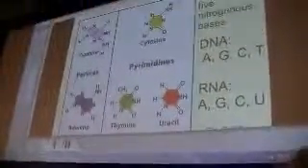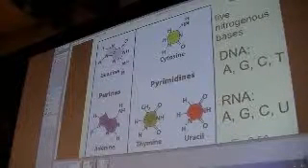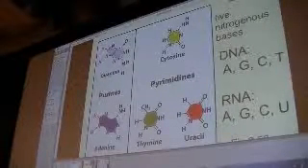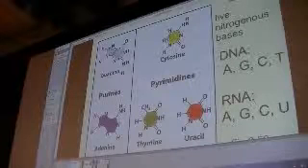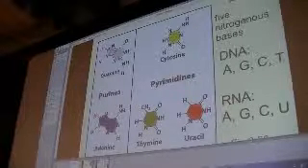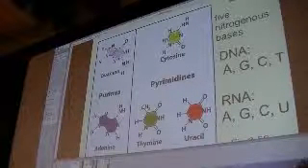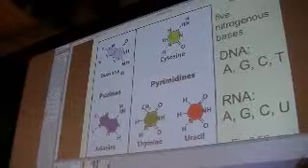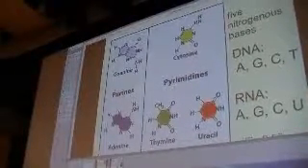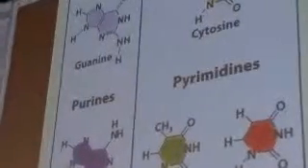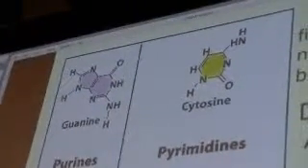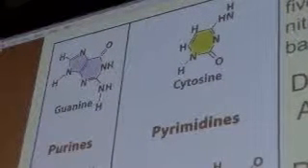Okay, so C base pairs with G, but how does it base pair? You need 2 electronegative atoms, in biology that's nitrogen and oxygen, to share a hydrogen. That's called a hydrogen bond. So there's hydrogen bonding between the G and the C, but how? Well, if you look at some other pictures in chapter 2 and some other chapters in the book, you might find that if you take this C and kind of flip it,